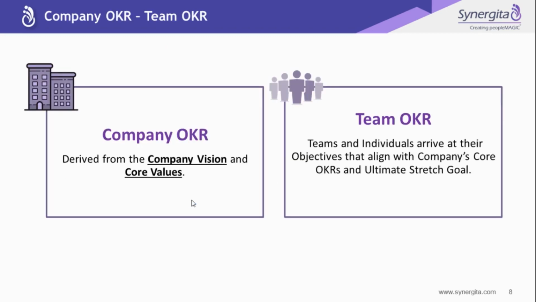So how do I set company OKRs? Company OKRs help you set the direction for the entire organization, because company OKRs are directional. They usually have a time span of 1 to 3 years. Your company OKRs reflect the 3 or 4 things your organization decides it must achieve in the next 12 months. It is also important that everyone in your organization has a chance to give their input when you are deciding what you want to achieve in the next 12 months.